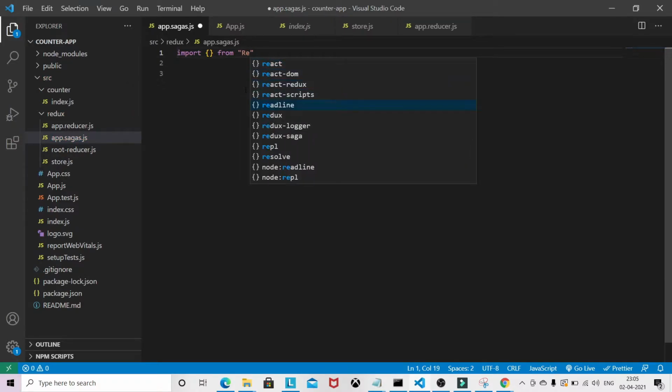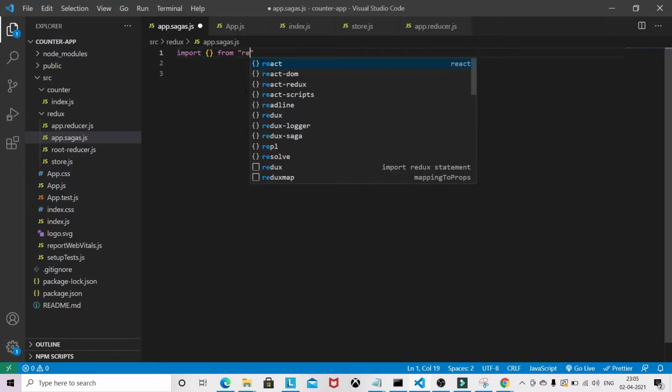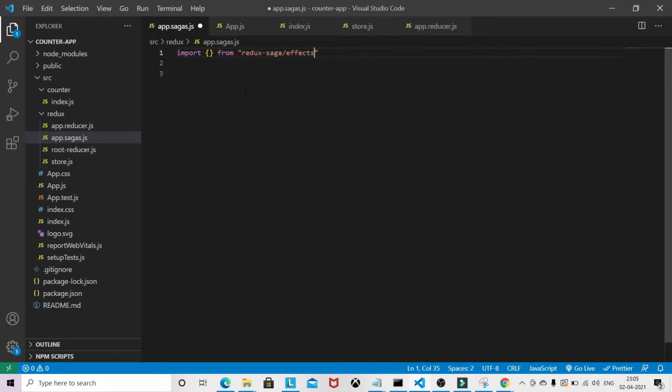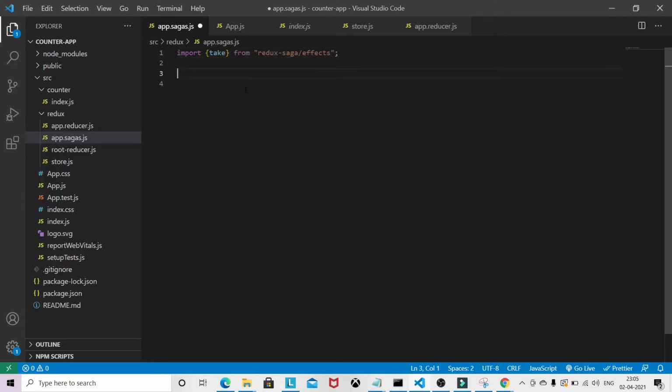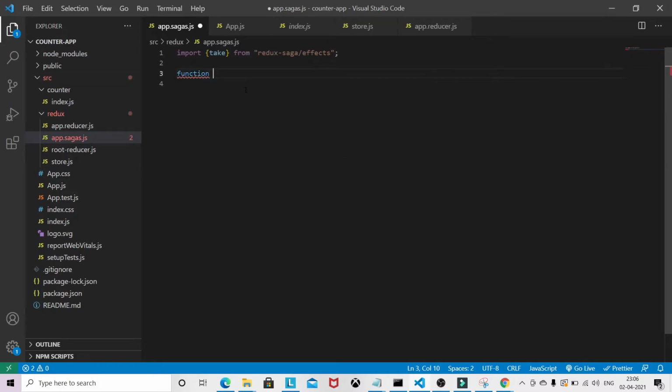So we have Redux Saga, and we have effects. From effects we need take. We need to write a function, and it works with generators in Redux Saga. We basically leverage the generator concept here.